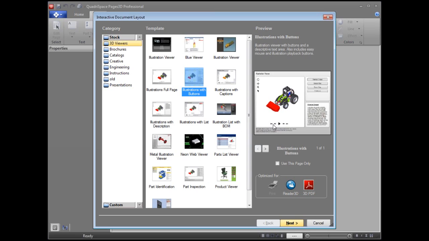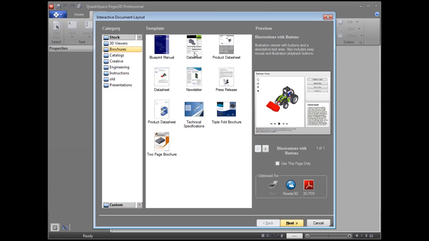Illustrations with different buttons, so you press next and previous. Things like assembly instructions work very well with this, or product demonstrations. Different brochures. This one's a little more on the